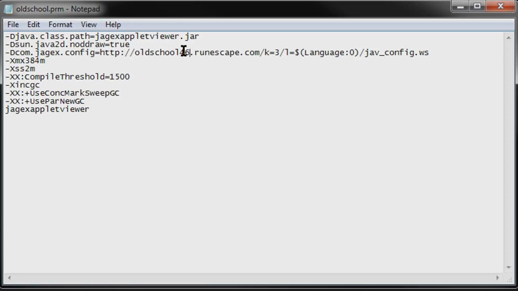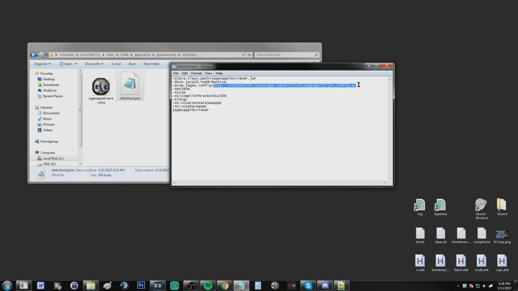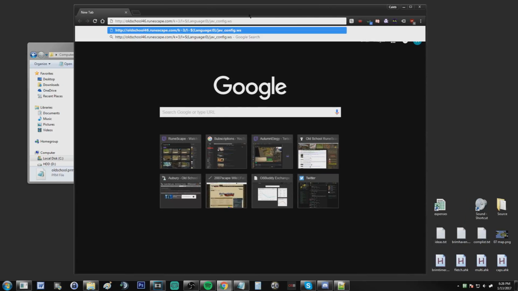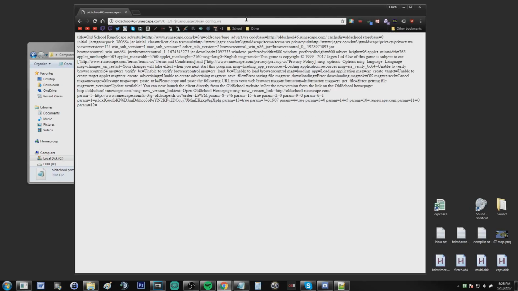So after you've done that, or if you don't want to choose a world, just don't do that at all. You want to highlight all of this and copy it, and then open up a browser and paste that URL into a browser. So I'm going to take a Chrome tab over here, paste it into the URL bar right here and press enter, and it's going to give me all of this. And this is a lot of information for the client for configuration purposes,